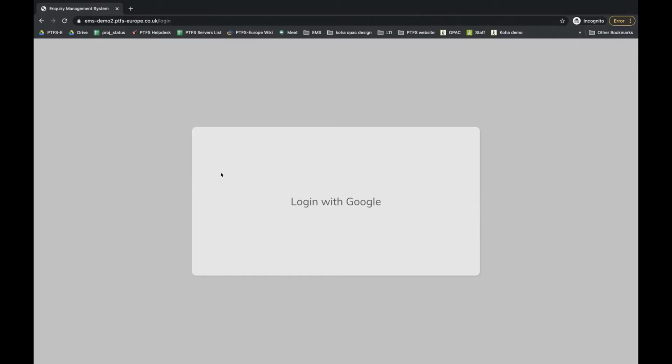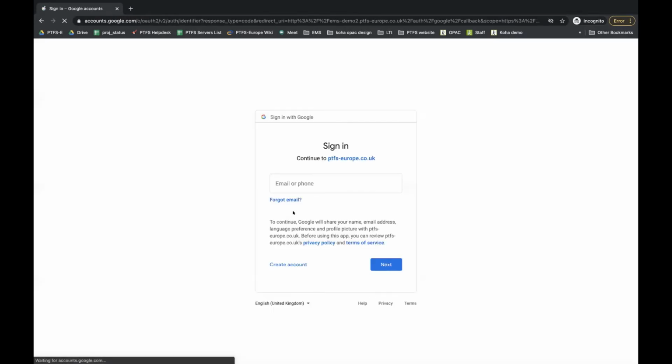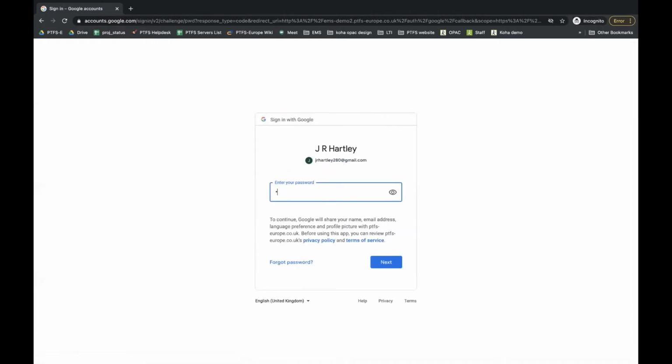So what we have here, first of all, this would be the equivalent of a public user logging into the system. So we've got login with Google here. This could equally be login with Facebook, Twitter, Instagram, any of those social services. We also support single sign-on systems as well. So there's no account to sign up. People can just use their existing username and password. So if I log in here with a Google username and password,